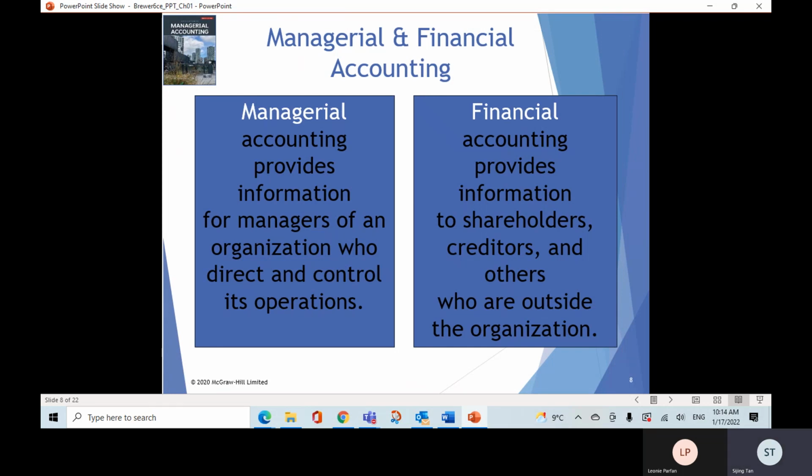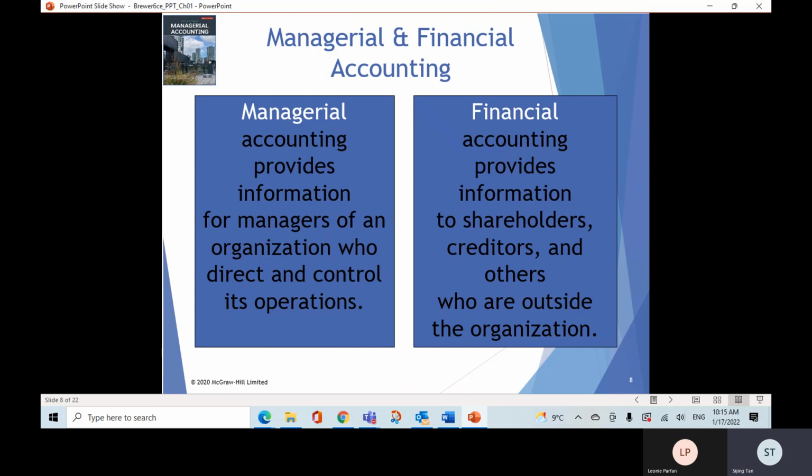Okay, so let's go to the most important parts. The first part in our chapter 1 is to differentiate between financial and managerial accounting. Read this in our textbook, page number 6. There are 7 key differences that can be identified between financial and managerial accounting. For financial accounting, reports are prepared for external parties, whereas managerial accounting reports are prepared for internal